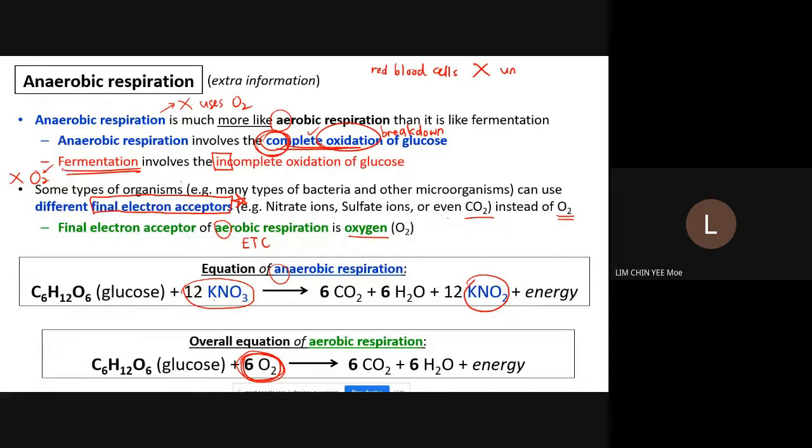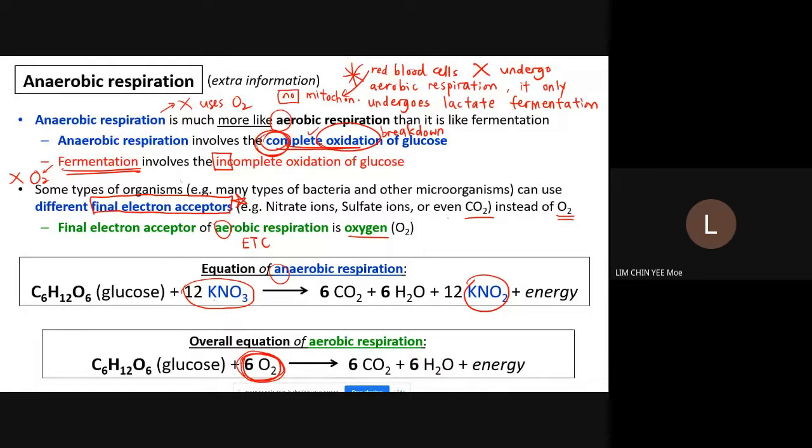do not undergo aerobic respiration. Dia tak boleh pun buat aerobic respiration. It only undergoes lactate fermentation. Okay? I nak you tahu benda ni sebab mana tahu nanti tiba-tiba dekat exam dia tanya pasal red blood cell, then at least you have the concept. Red blood cell memang tak boleh carry out aerobic respiration sebab red blood cells dia tak ada mitochondria. No mitochondria,